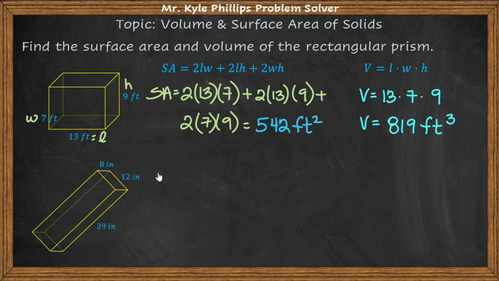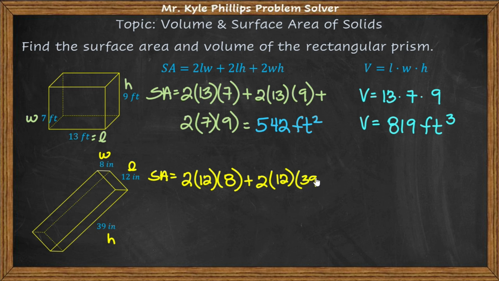All right, down here on the bottom, we want the surface area of this rectangular prism. We're using our same formula. So here, let's call this the width, we'll call this the length, and we'll call this the height. So we have 2 length times width, so that's going to be 12 times 8, plus 2 times length times height. So length we said was 12. The height we're going to say 39. Plus 2 width times height. So 2 times the width, 8, times the height of